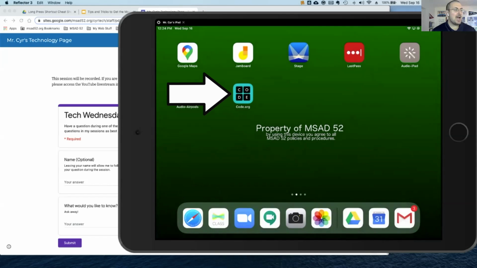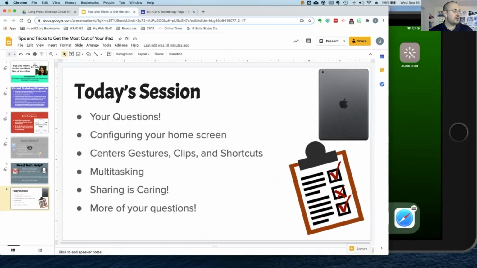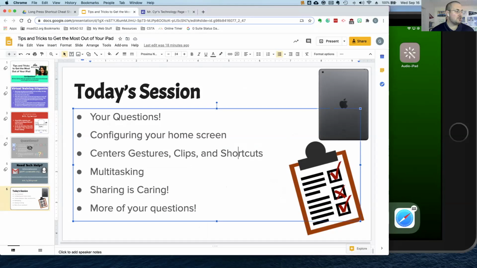And now I've just added it to my home screen with this cool little logo. So that's how you can add things. So the next thing, we've talked about shortcuts and clips. So now we're going to get into centers, and I'm going to pull up my side view again